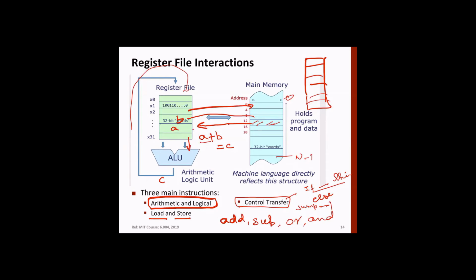Normally, when you write a program, say a plus b is equal to c, and then you do multiplication or division and so on, these are all running sequentially. You bring the first instruction and execute it, then the second instruction, execute it, and so on. That's not a very powerful program.